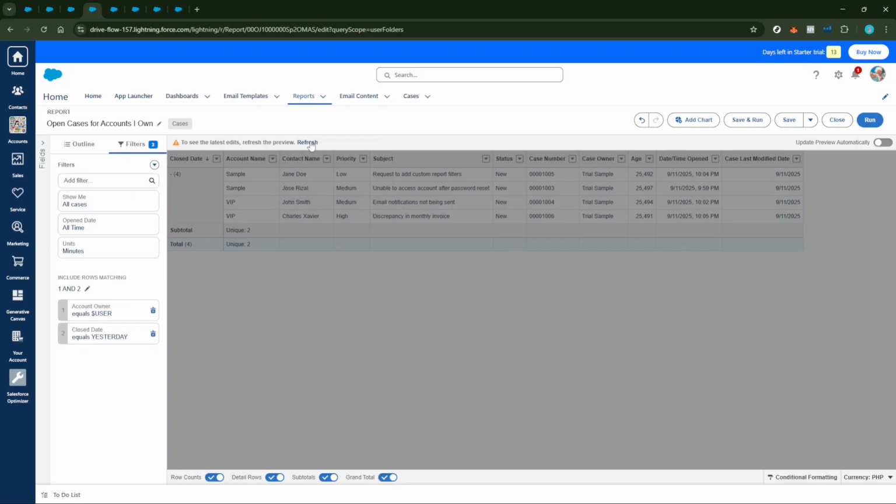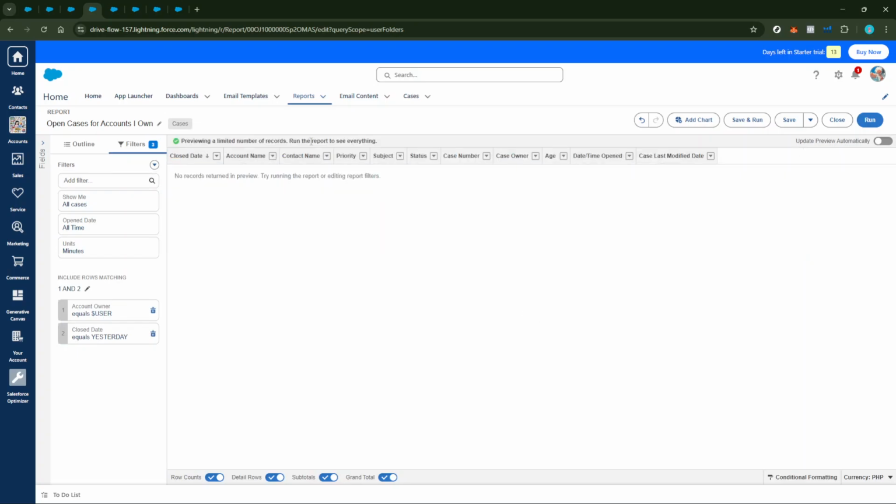And there you have it. You've now learned how to implement relative date filters in Salesforce. This feature makes your reporting task more efficient, offering insights that are specific to the periods that matter most to you and your business